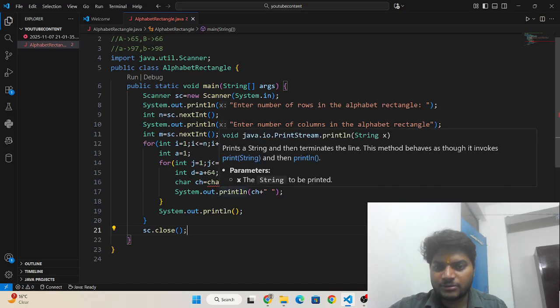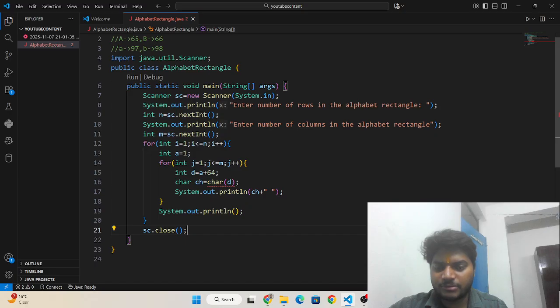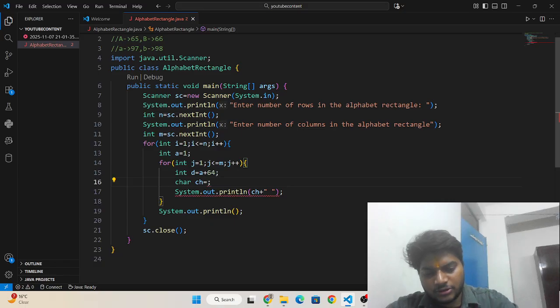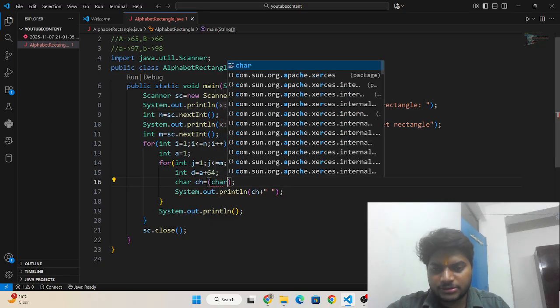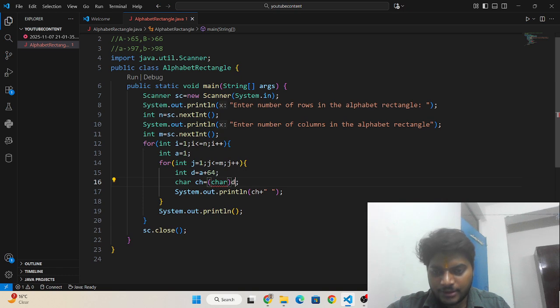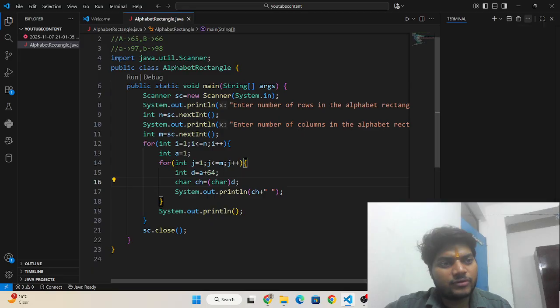It's right, but I don't know why this error is coming. It should be correct. Okay, I need to write this parenthesis here and then print this one, okay. Now it will be okay, and now I have to run this.